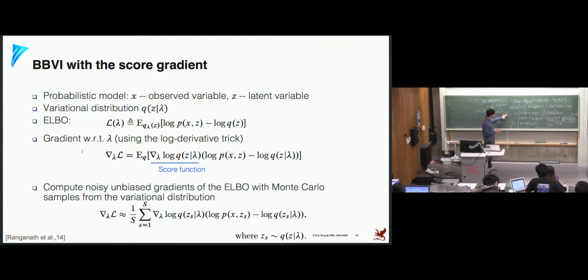Okay, so because the expectation of the score function is 0, this minus 1 term is 0 in the equation. So it goes away. Okay? So now that's how we arrived at that. What we did so far is to represent this as an expectation of something. To see this expectation, you should notice we can use Monte Carlo approximation to approximate the whole integral, the whole expectation. So that's essentially what this original BBVI paper does with the score gradient.